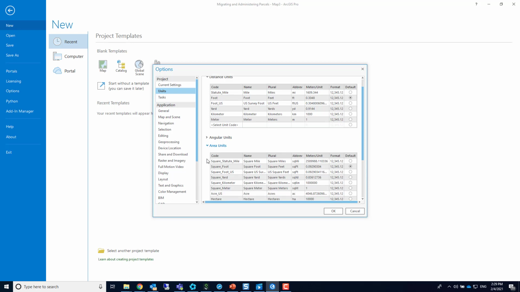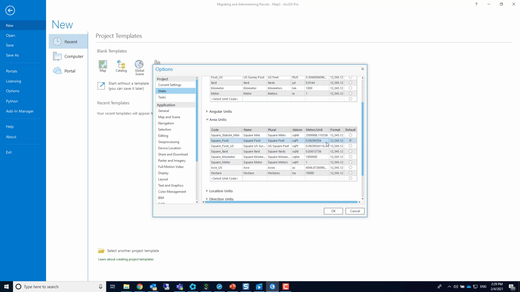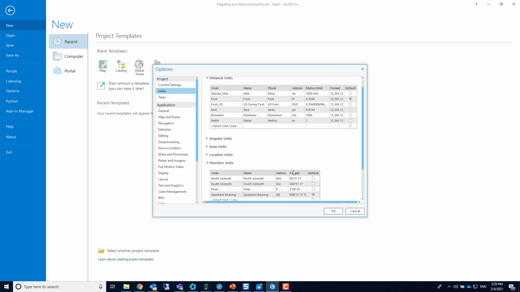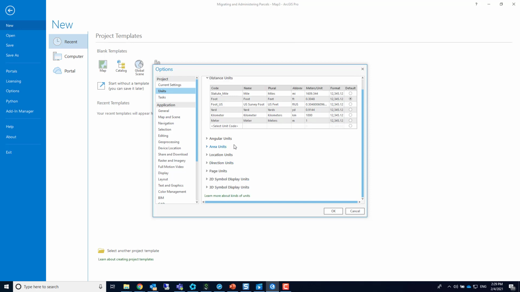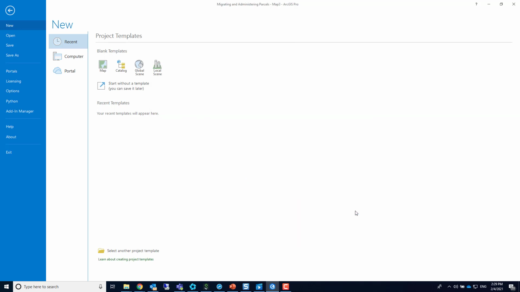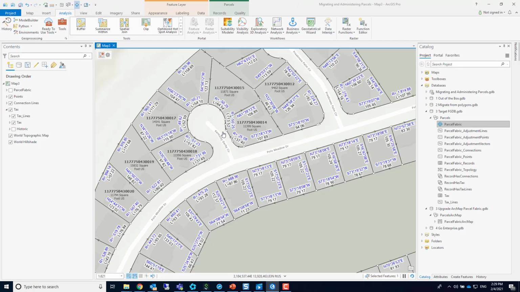Make sure they are correct, because the area units are used when we merge parcels, for example, to calculate the merged area from the legal area. We sum them up and we put the right unit, so that uses this default unit area. So make sure this is correct. And the direction unit, do you use quadrant bearing or north azimuth? Specify that, and you will see that as your default. So these are some of the tweaks you may need to do after migration, as well as the cleanups. We talked about identical, about simplify, and about deleting fields that are not needed to clean up the data. So let's switch back to the slides